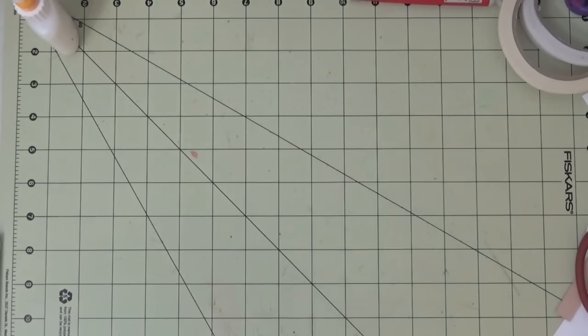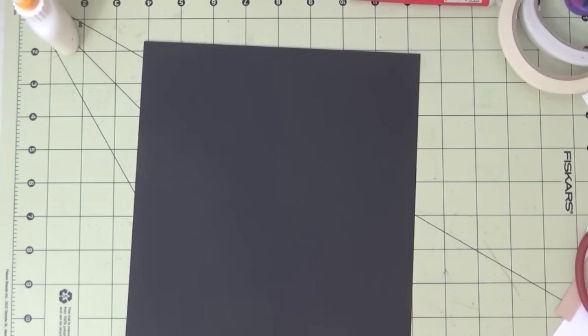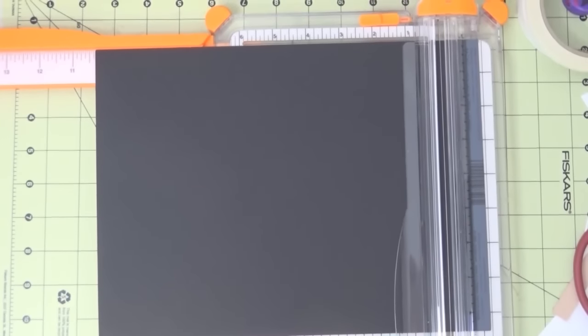Okay, so I'm gonna go ahead with the same size, and I'm gonna make it with the black cardstock, because I'm running low on the other. So for that you're going to be needing 2 of these. Oops. Sorry, getting my stuff together. Hold on. Okay, so for that